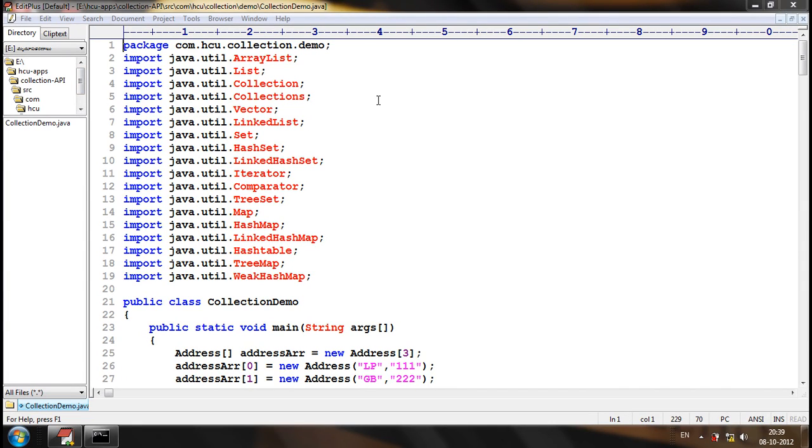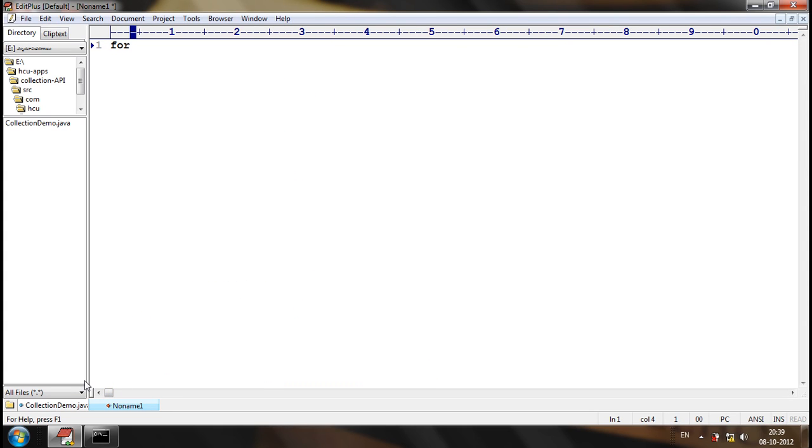The concepts that we have discussed right now are auto-boxing, auto-unboxing, generics and collections, as well as the for each loop. One thing I have seen while asking some questions in written tests: they'll go for a collection, a list. They'll add some elements, 10, 20, 30, 40, to the list.